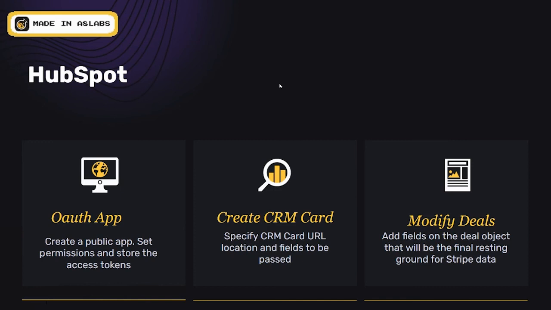So part of the install flow is not only the trading of an OAuth code for access tokens. Once we have that token, and because we already have our scopes and permissions set for what our app is allowed to do, we then go ahead and modify that deal object by adding the field that I spoke about. And once that field is updated, when Stripe data comes over from Stripe to HubSpot, we save that subscription ID from that event to HubSpot.